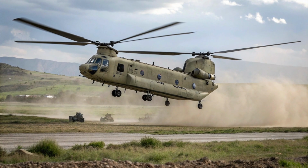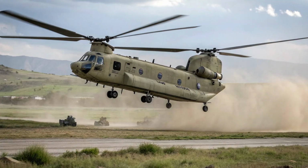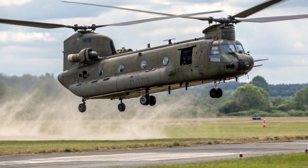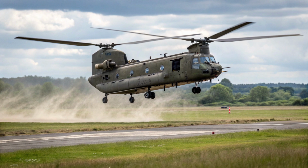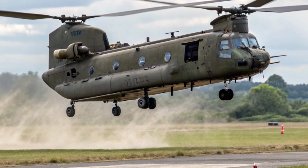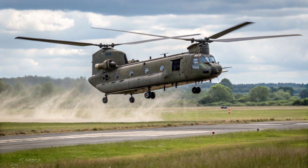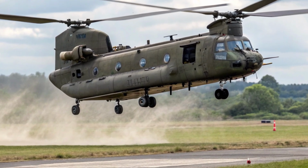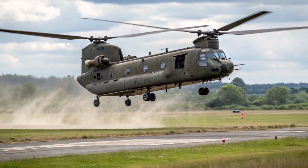The ground shakes as the wind blast bends grass, tosses loose debris, and pushes back anything that isn't anchored down. Despite its size, the MH-47G shows incredible agility, capable of flying low over rugged terrain or hovering precisely over narrow landing zones. This helicopter can carry not only soldiers but vehicles, supplies, and equipment, a true flying lifeline for special